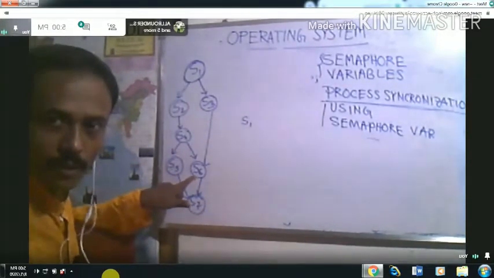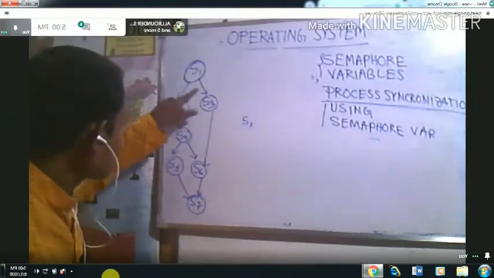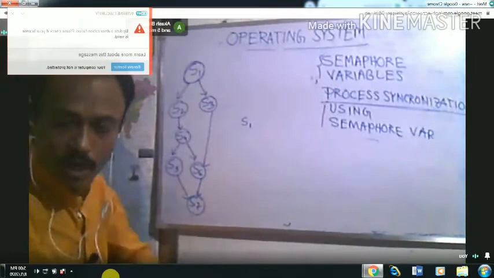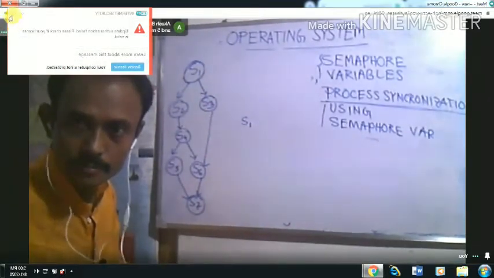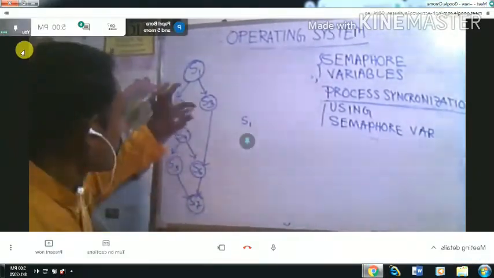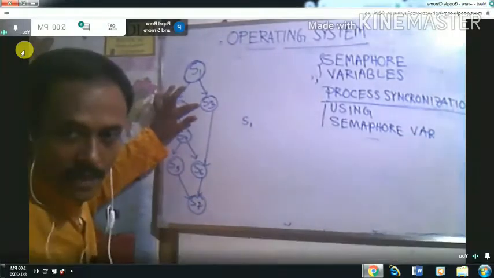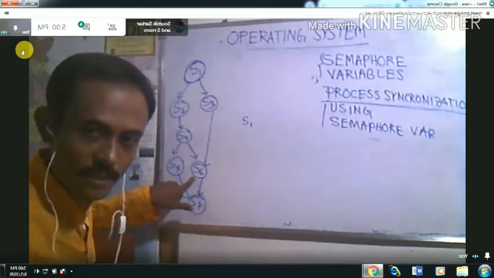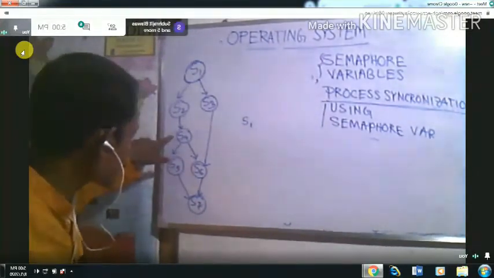And if S3 is not finished, until you execute S3 you cannot execute S6, and until you execute S4 you are not able to execute S6.